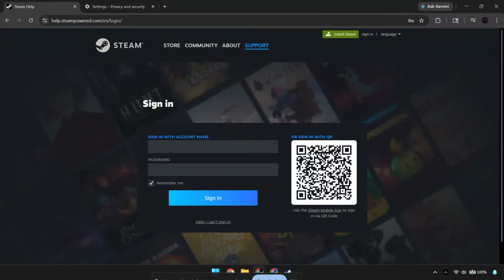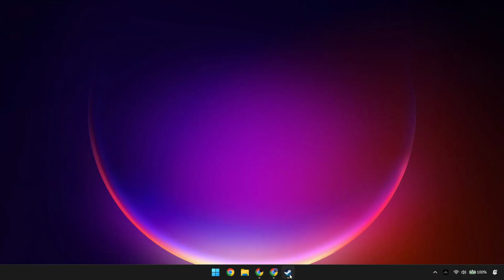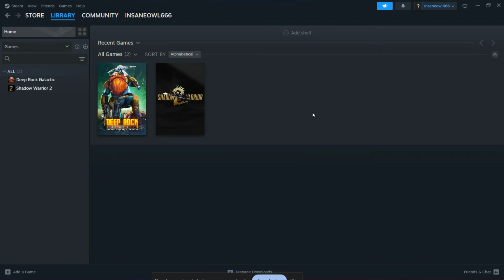If you want to remove a payment method or credit card from your Steam account on Windows PC, you're in the right place. In this quick step-by-step tutorial, I'll show you exactly how to find your saved payment methods inside the Steam desktop app and delete the card you no longer want linked to your account. This is useful if you've changed banks, replaced your card, or simply want to keep your Steam account more organized